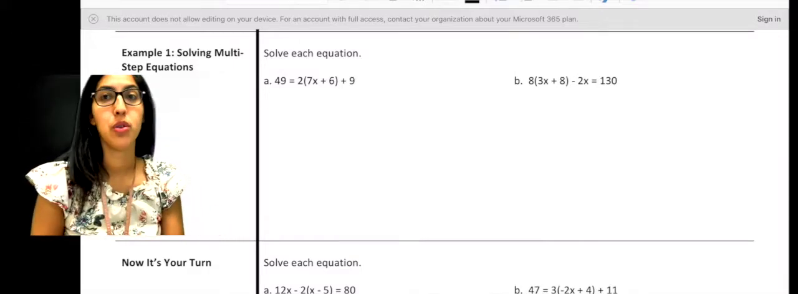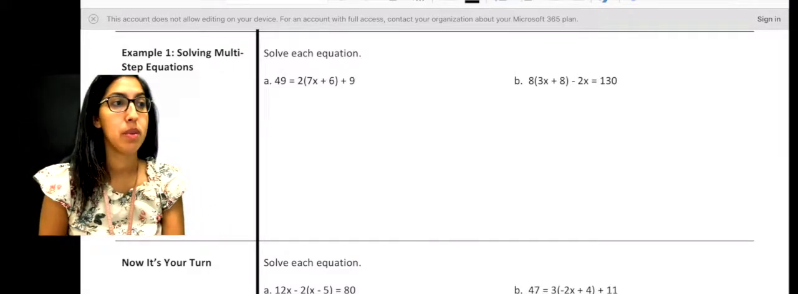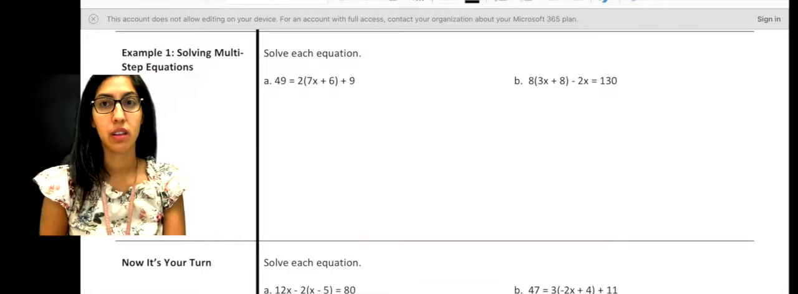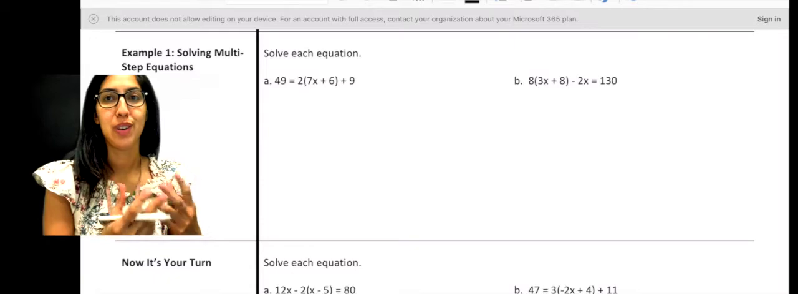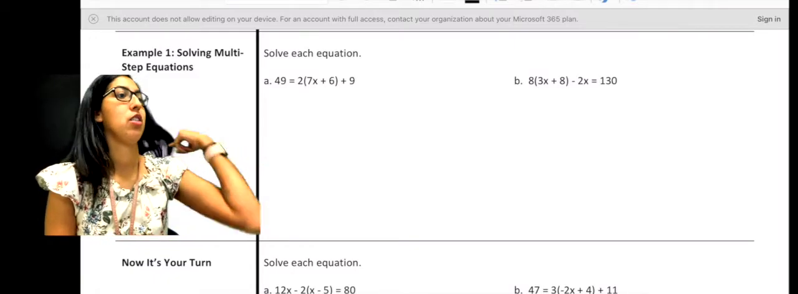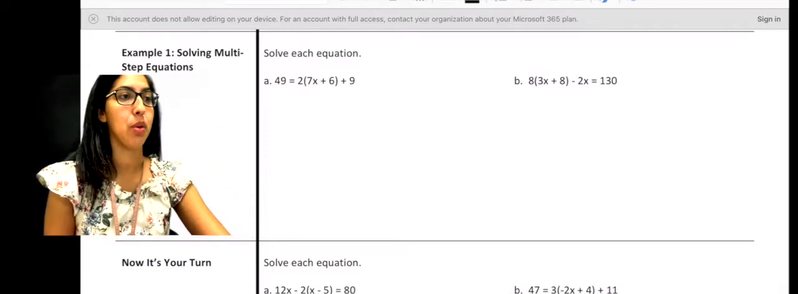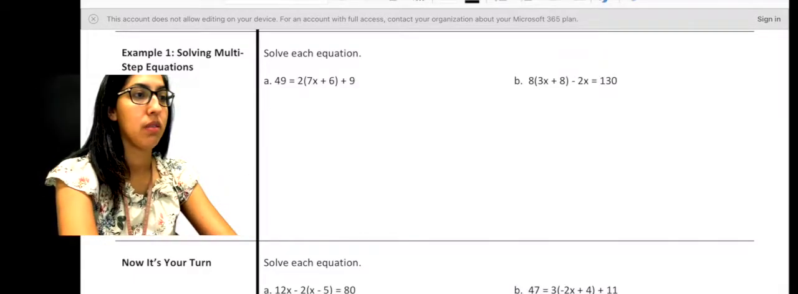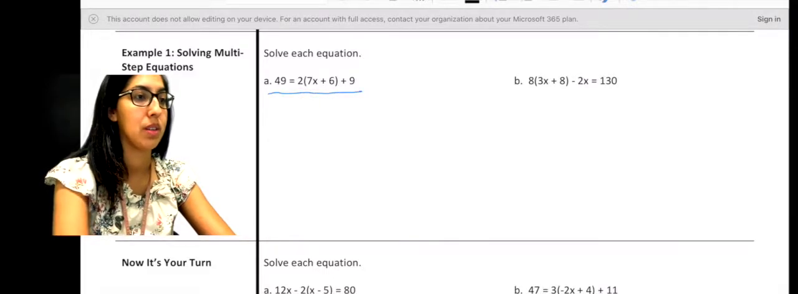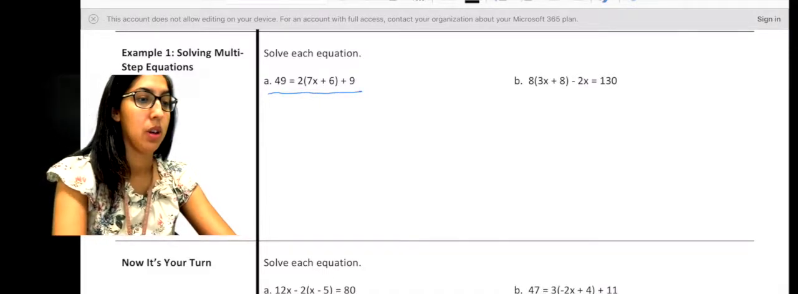Go through 2 multi-step equation problems. You should have already taken a little bit of notes, but this is kind of like solving the problems together. So we're just gonna do A and B on your example 1 notes. So we have 49 equals 2 parentheses 7x plus 6, plus 9. Okay, so following our steps,